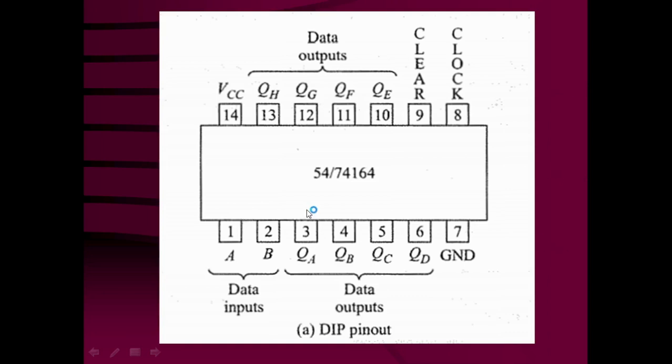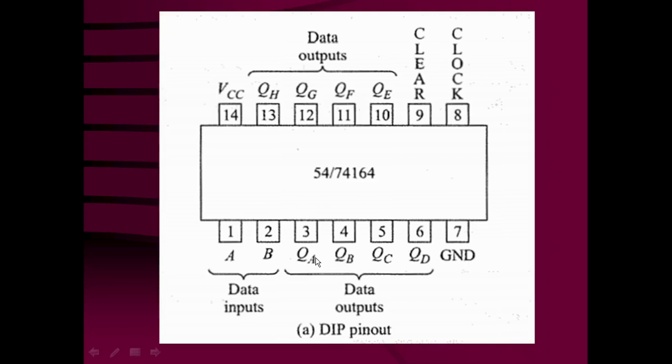This is the IC which is available for an 8-bit serial in, parallel out shift register, 74LS164. A and B are the data inputs for the NAND gate, just like in the previous IC 74LS91. Here also in the NAND gate there are two options, A and B, from where the data can be entered. You can enter the data from A or from B. Another input can be utilized as a control line, which will control the flow of the data into the shift register. There are 8 outputs.